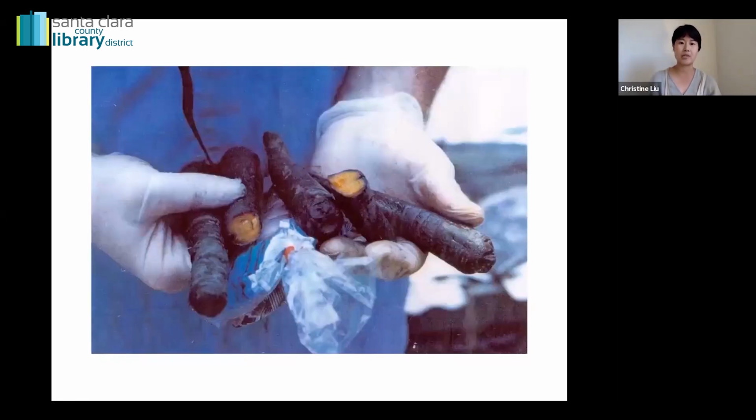So this is a picture of carrots that have been sitting in a landfill for a matter of months. And as you can see, they're still the same shape, but they have become this black kind of toxic substance, and it's really unfortunate when organic materials go into our landfills and just sit there waiting. They actually decompose anaerobically, which means that they produce methane gas, which is 25 times stronger than carbon